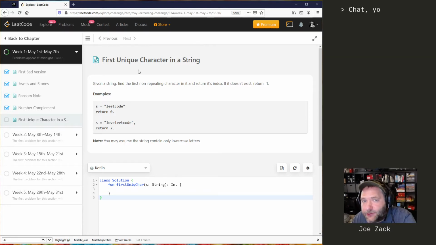First unique character in a string. Right off the bat, it sounds like a problem that we did last month. And I should mention that's one of the best things about practicing problems like this, is that a lot